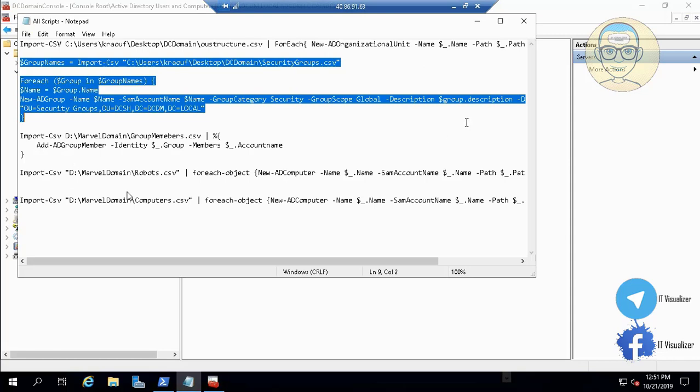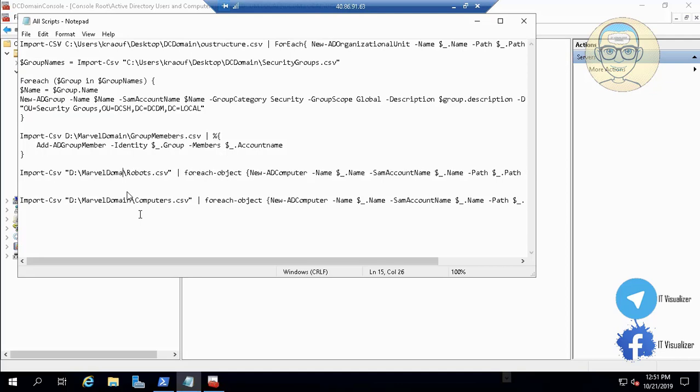So here we still need the second step to put our DC Comics users in their respective groups. Okay, so there is also a script for this, but anyway, I'm now going to create the computer objects. Okay, so there are two scripts. One for creating the Active Directory computer objects, and the other one for the robots. The robots I mean here are computers as well. So we have two lines of PowerShell scripts to create computer objects, or several computer objects. Anyway,